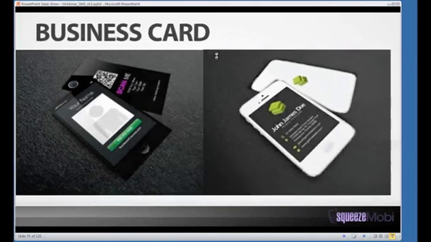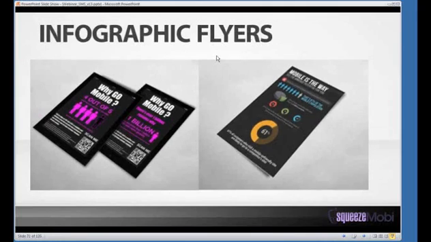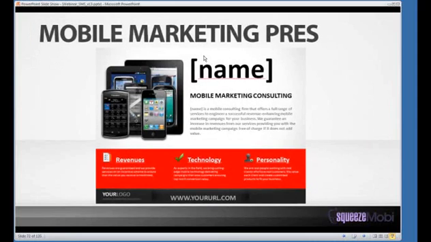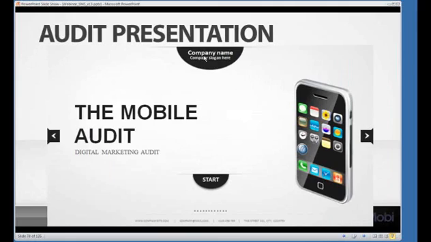On top of that, business cards so that you could brand yourself, infographic flyers. These are flyers you could actually take into businesses you're already set up with their pre-made flyers, or to just leverage that for your own marketing. A mobile marketing presentation. This is the one we use. Remember I said about that local webinar model? This is the one we use on our local webinar model. This is the generic one. This is not a niche specific one. It is a very generic one that you can then customize towards niches. The audit presentation. Okay? The audit presentation.